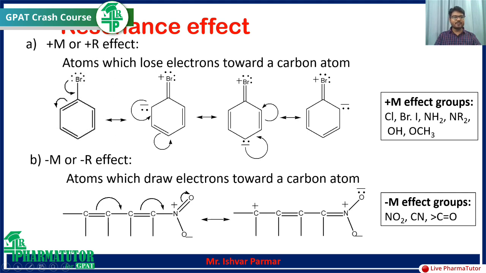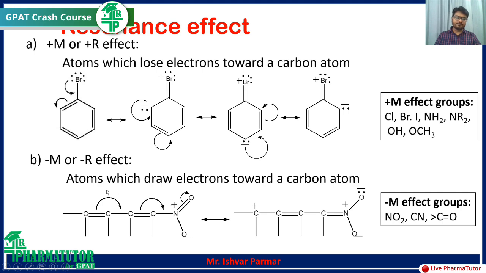Here is an atom which releases electrons towards the carbon atom. You can see this bromine releases the electron towards the carbon and forms a negative charge, and this negative charge delocalizes into the benzene ring with different resonating forms. Which are these groups? Chlorine, bromine, iodine, then amines, hydroxy groups, and methoxy groups form a positive mesomeric effect. An atom which draws the electron towards itself gives a negative mesomeric effect: nitro group, cyanide, then carbonyl functional group, which possess a negative